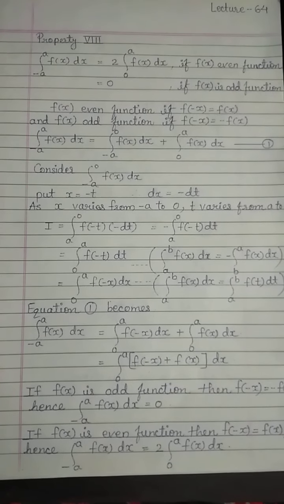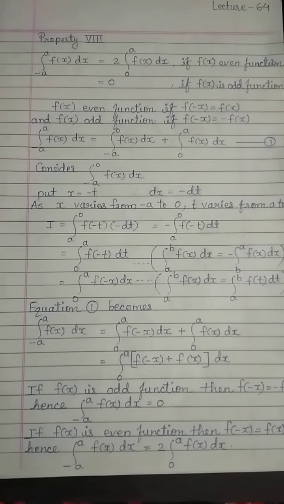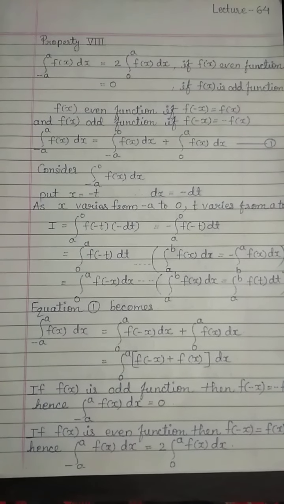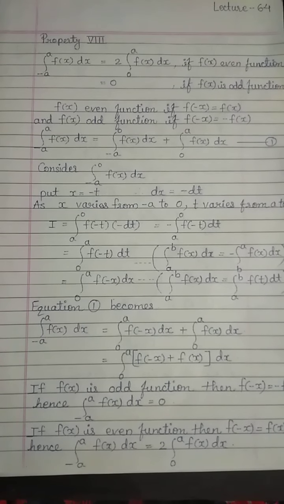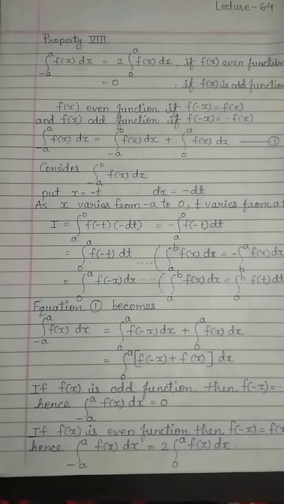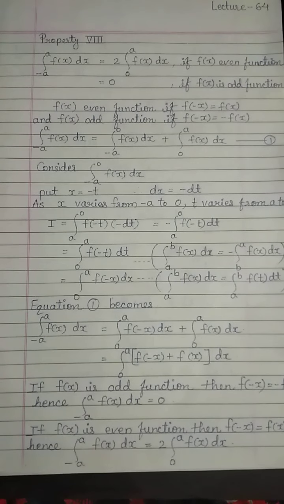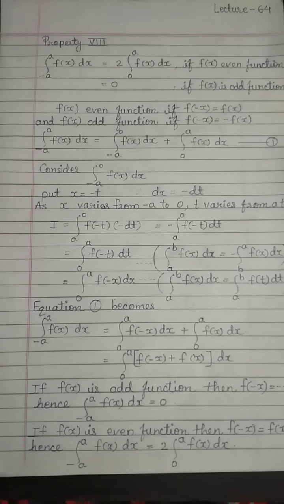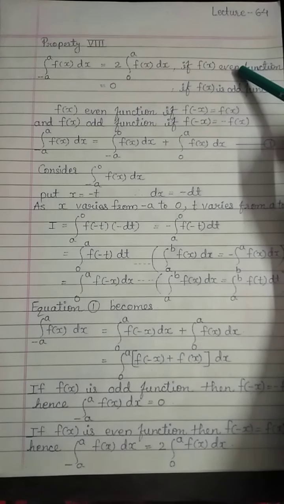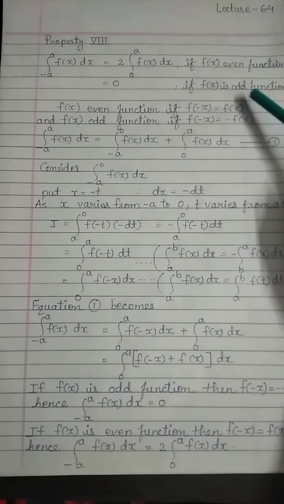Hello students, in this chapter of definite integration, we already learned 7 properties. Now this is the last property of this chapter, property number 8. Integration from minus a to a of f of x dx is equal to 2 times integration from 0 to a of f of x dx if f of x is even function, and is equal to 0 if f of x is odd